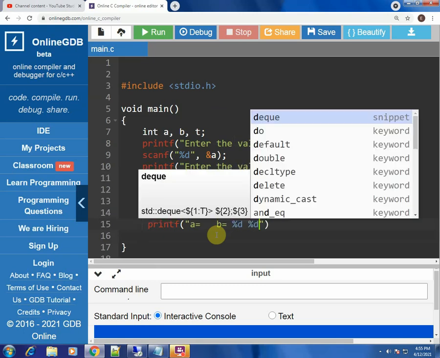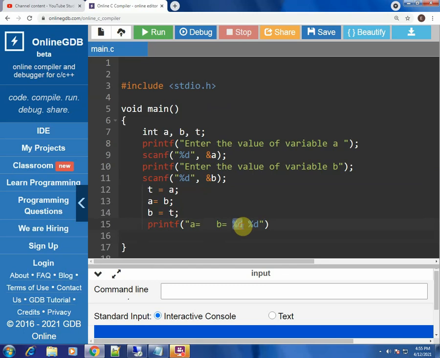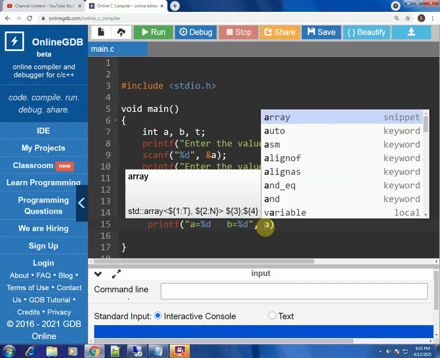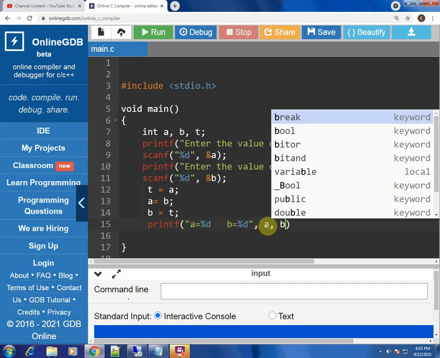%d, because both the values are of the type integer, comma, in the first place a should come, in the second place b should come.